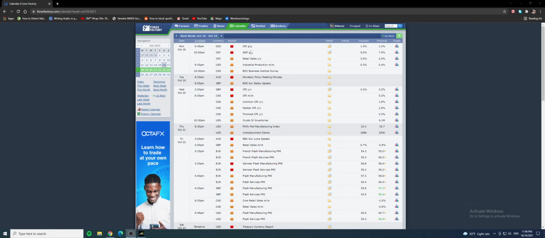So Monday we have New Zealand, Chinese, US dollars and Canada all in the morning. It's quite important because we have the retail sales for the Chinese, so it will correlate positively with New Zealand and also Aussie dollars. So we can look at perhaps Aussie US dollars for the forex pairs. For that same day, we can look at Aussie CAD and also USD CAD.